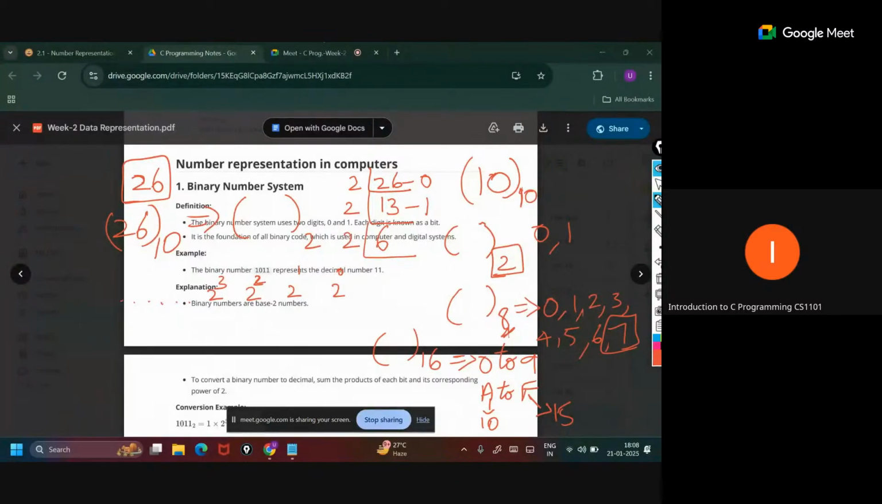And again dividing 6 by 2, the remainder is 0, quotient 3. Again dividing by 2, remainder 1, quotient 1. The quotient is also 1, remainder is also 1. So now we have to write this from the last quotient up through all the remainders, which means we have to write it as 1, 1, 0, 1, 0. Okay, so this will be the binary representation